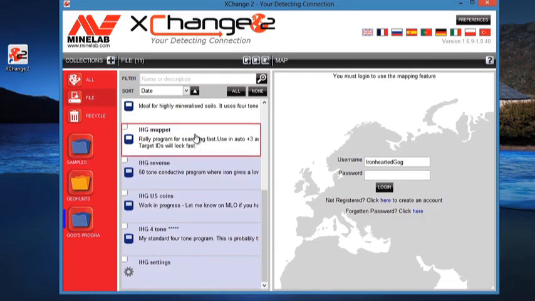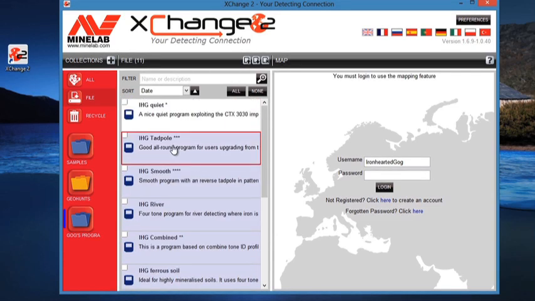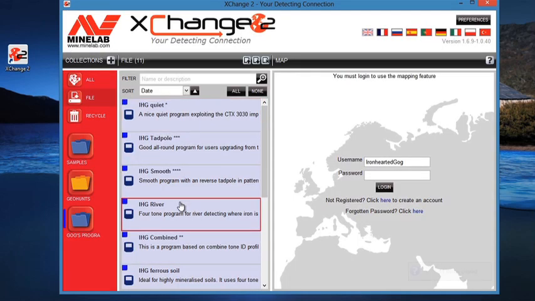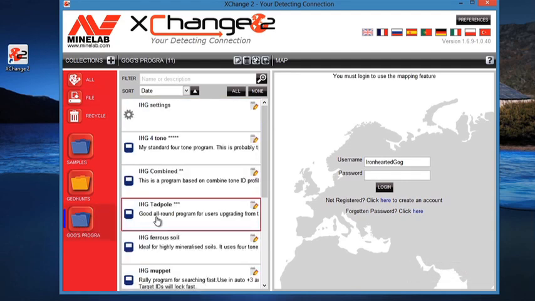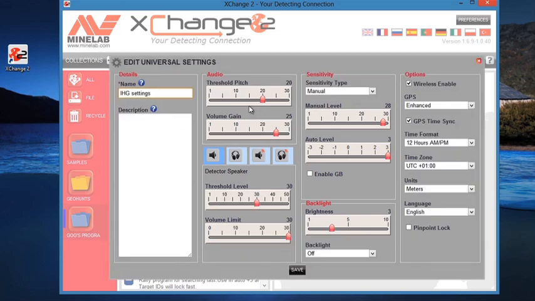I'll highlight all these files and drag them to the new folder. And in the corner, there was a little white square, which has now turned blue, indicating that they've been saved to that file. Now they're in the folder, we can actually edit them if we want to. And you just click the Edit button. So there's all the settings there. Now we can edit those if we want to, but we're not going to. So we're just going to click the X.